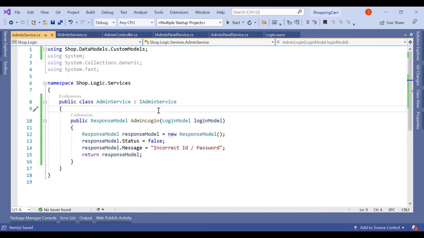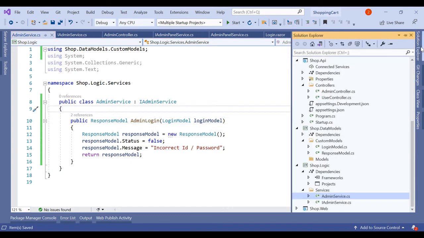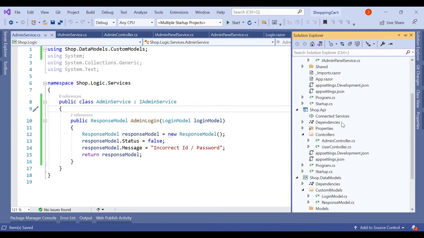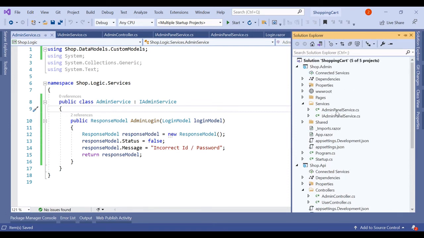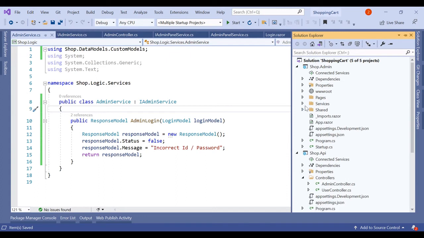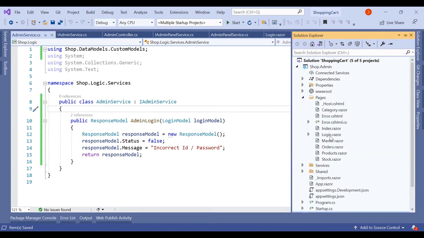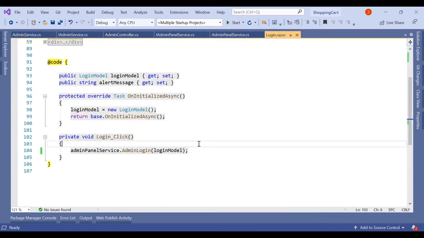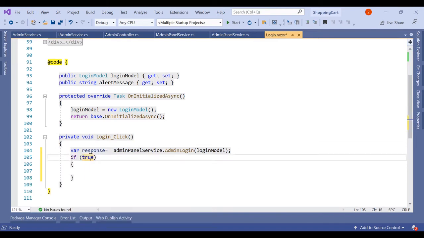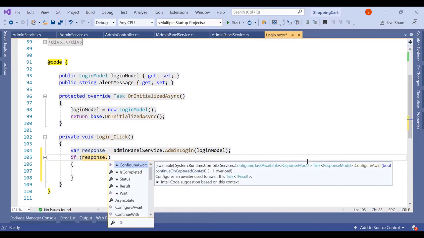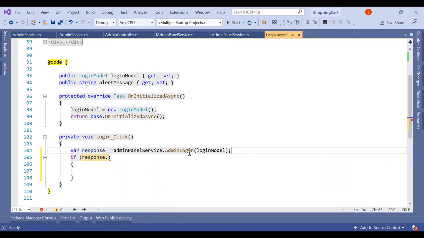No interaction with database. We simply have to call this method and it will return the response. The database part we will add a little bit later. So all the flow, in this shop.model we have this login page. On this login page it will call this, so here we have to receive the response, where response equal to, if response dot status is true,